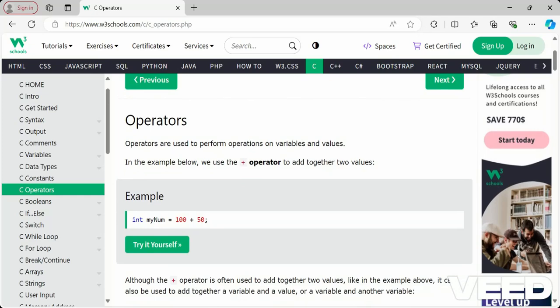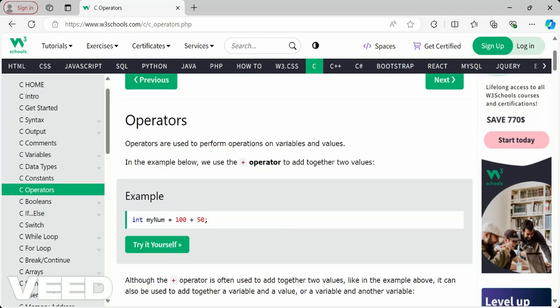For that purpose we use operators, that is the plus operator, the division operator. For the addition operation we are performing, we use the plus symbol. Those symbols we call operators.